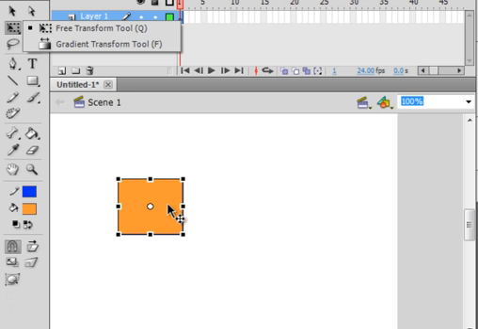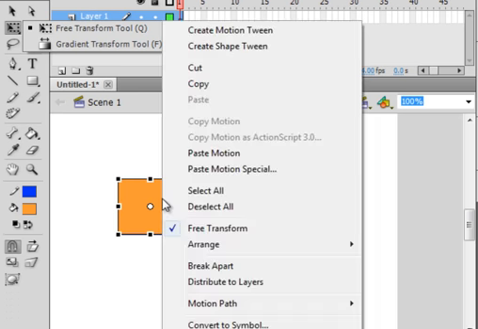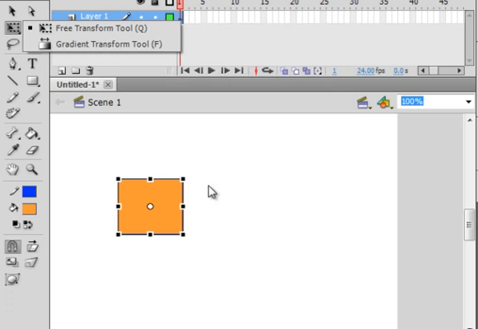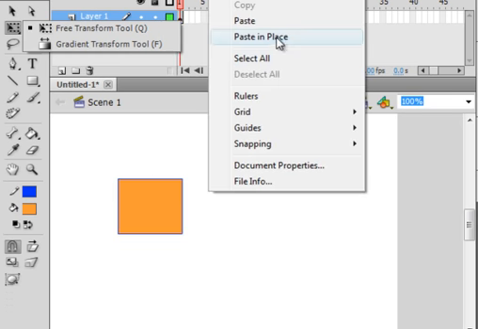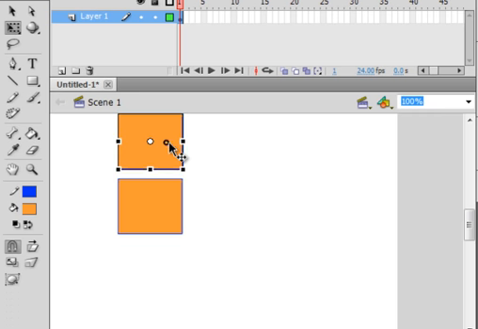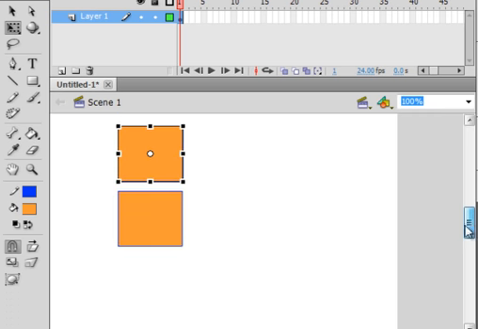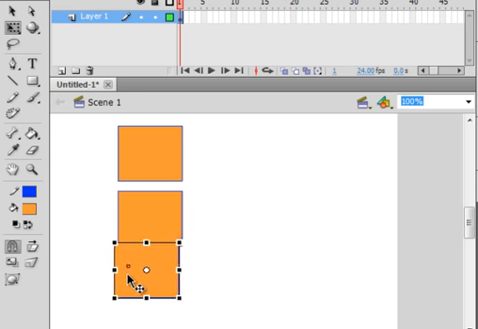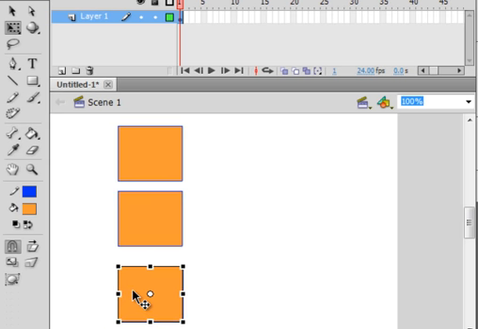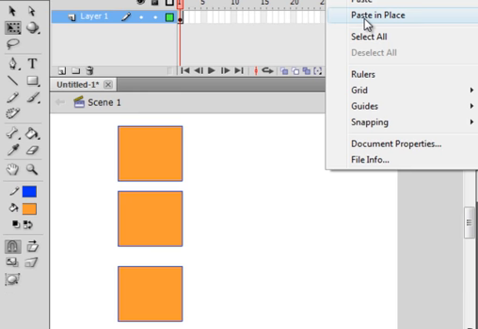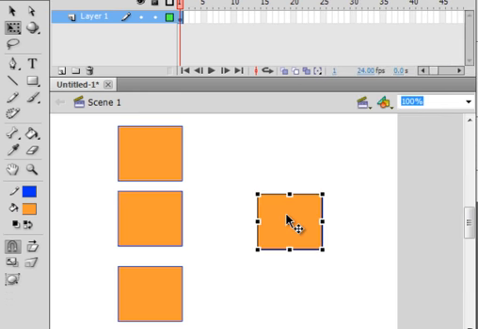While I've got the crosshairs, I'm going to right click on it, copy it, and paste it in place, and drag it up. That gives me two of the same rectangle. Going to paste it in place again, and that gives me three of the same rectangle, and paste it in place once more, and that gives me four to work with. So I'm going to select this first one,